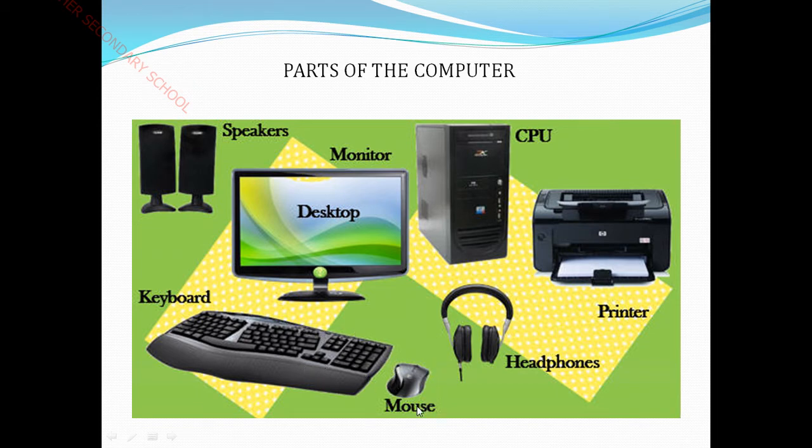So, next one, the mouse. The mouse is also called a pointing device because we are able to point out the icons on the screen with the help of this mouse. This mouse has 2 buttons, one is the left button, another one is the right button, and at the bottom of the mouse we have a laser light. You know how it would be? It will be red in color, isn't it? So, it is called a sensor. Mostly we use the left button for selecting a folder, or for opening folders or files. Sometimes we use the right button. So, what is the purpose of using the right button? We can use some shortcut keys.